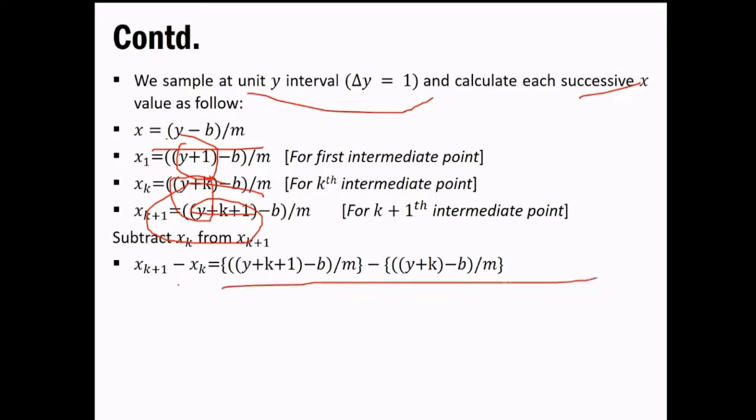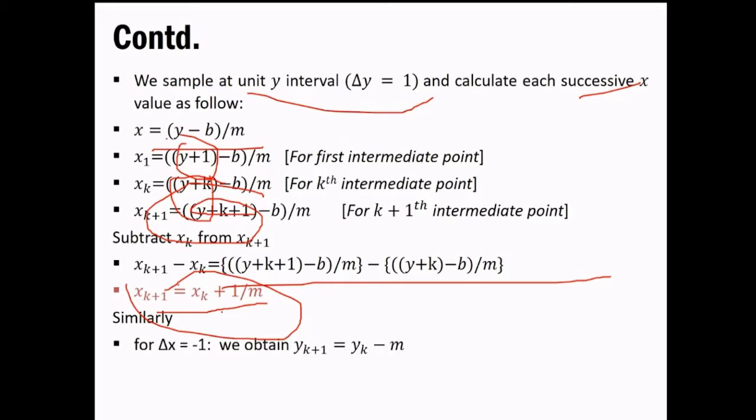So this is the basic thing that you will get, and out of the simplification process you get some simple things that will look like this. So that is the basic equation that you get after the simplification process. Okay, see, you have to do all this now, so you can easily do this on your notebook and paper. At the end you are going to get this simplified equation. Okay, so that is the thing we have whenever we consider delta y, or you want to proceed in the y interval and you want to calculate successive x at each and every iteration.